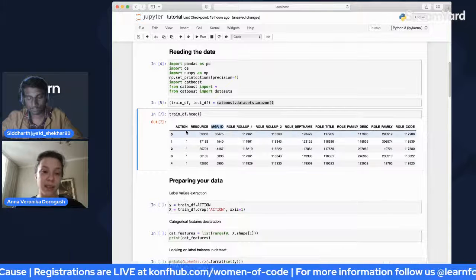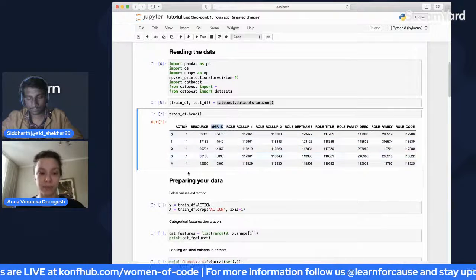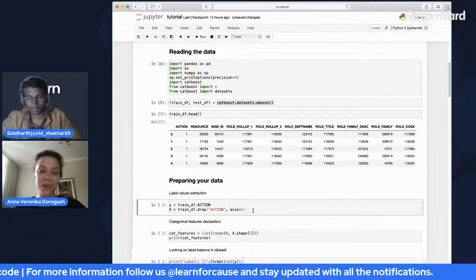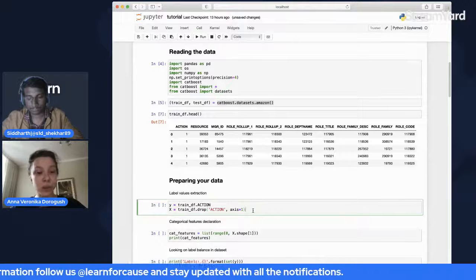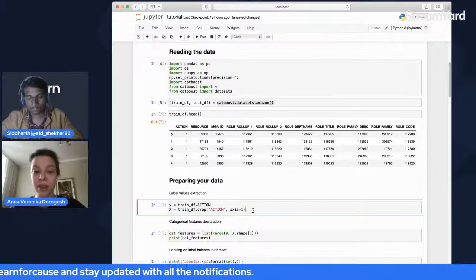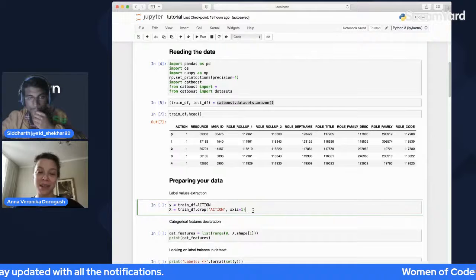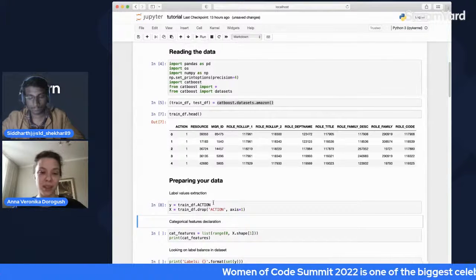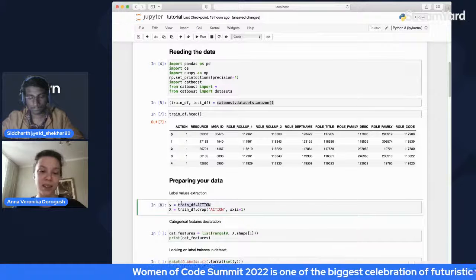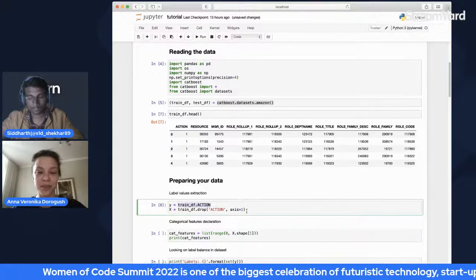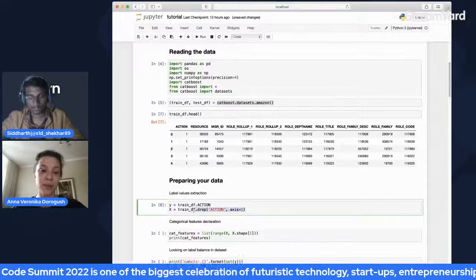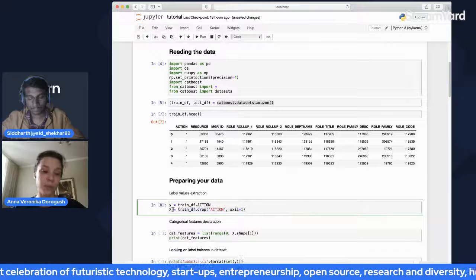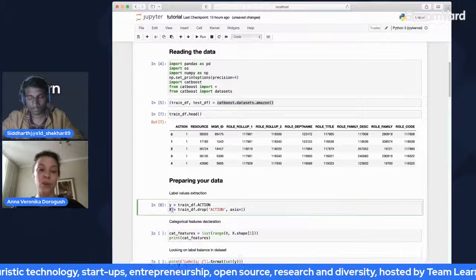First of all, let's select the label. We will be building an X matrix and a Y column. The Y column will have label values, and the X matrix will have the feature values. And that's what we do here. We select a column for labels by name, and then for the result, we remove this column and put the data without this column into our X variable.